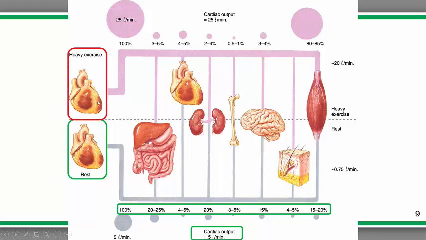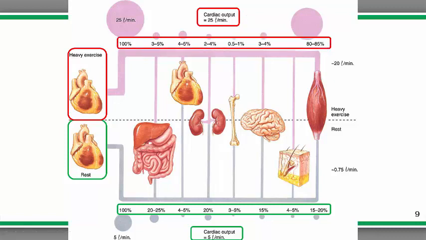Now, on the other extreme, with very heavy exercise, cardiac output can go up 5 times. It can jump from 5 liters per minute up to as high as 25 liters per minute. But the percent of that blood flow going out to different tissues will change here. And so what we see is that there's a sharp decrease in blood flow to the digestive system